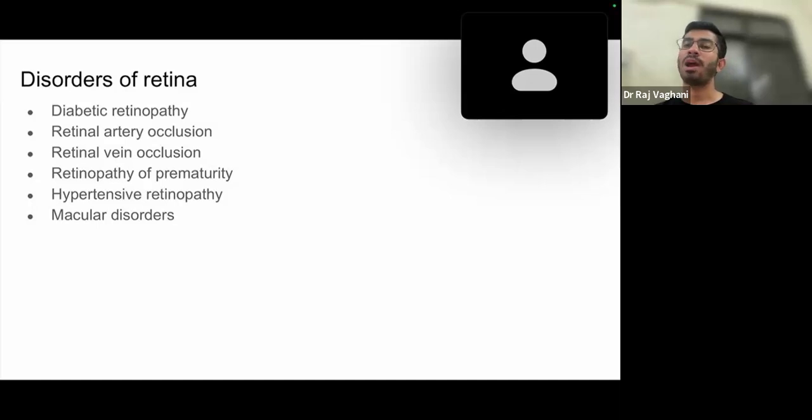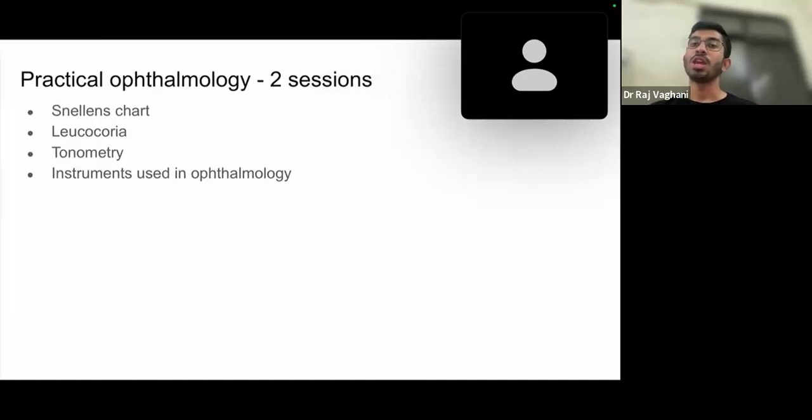There are different parts of the retina. There are different spots in the retina, the macula and fovea. We'll discuss these things. At the end, we'll also discuss the practical ophthalmology part, like what is Snellen's chart, how is